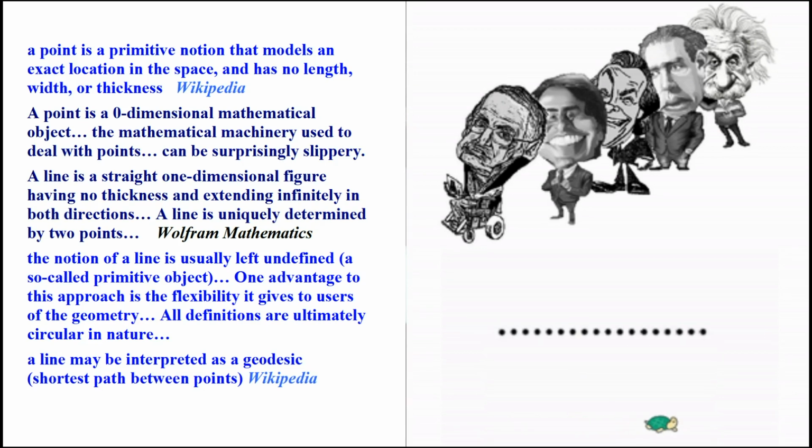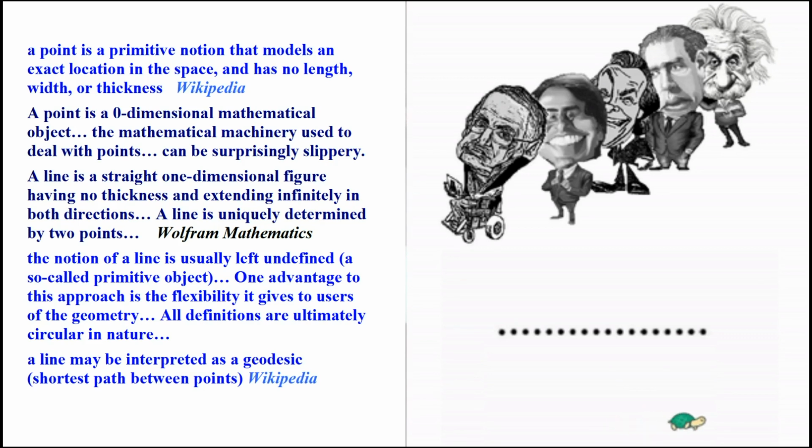What was a point? It's a zero-dimensional mathematical object, meaning it's not an object. And so I don't know how they construct a one-dimensional line with zero-dimensional points. What they're really talking about is locations, and what they're talking about as far as the line is concerned is an itinerary. And there you see the little turtle on the lower right, just walking along one step at a time, one location at a time.